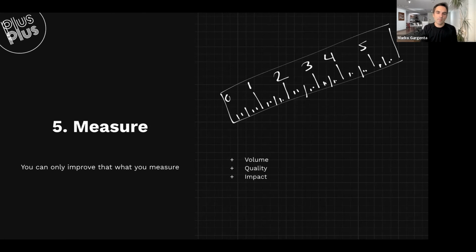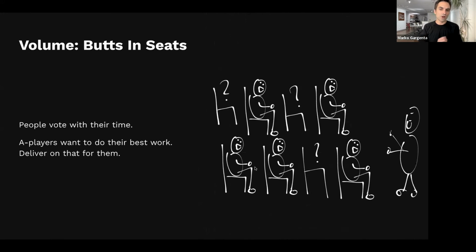Next came measuring. So now presumably you built that first version of a course, you launched it, your expert whiteboarded it, presented it, it was good enough, but how do you know if it was good enough? What do you optimize for, right? What's the feedback loop? And so a couple of things that we measured, we thought about this and we focused on volume, quality, and impact. So when it comes to volume,